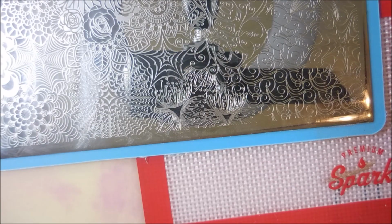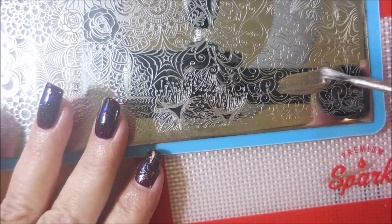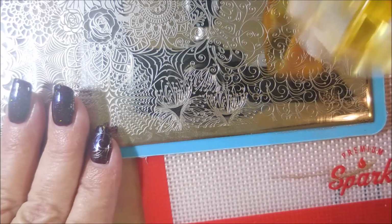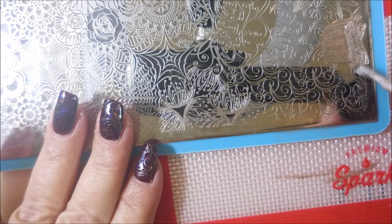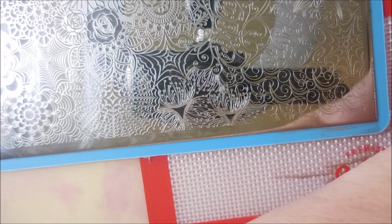And I'm going to clean that stamper off on a lint roller. And I'm not going to clean the plate just yet. I'm going to keep on playing. Just move to another part that I hadn't used yet. Just roll it and pick it up and plop it on out of frame. And I'm going to use the star part of the image on my ring fingernail kind of as my accent